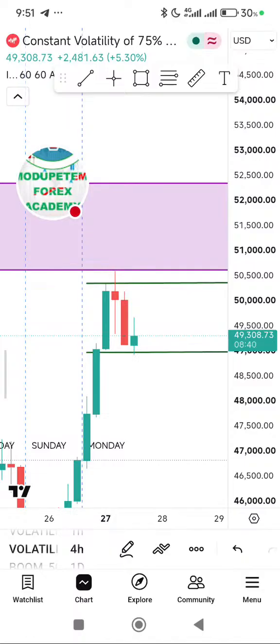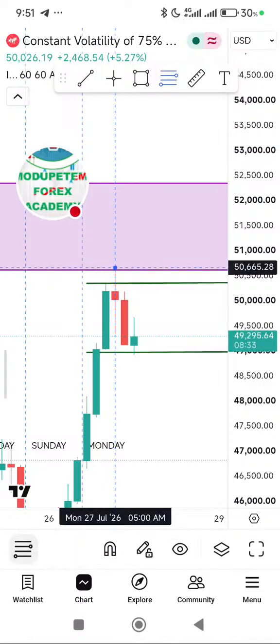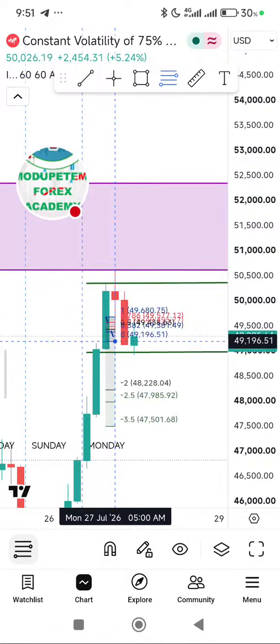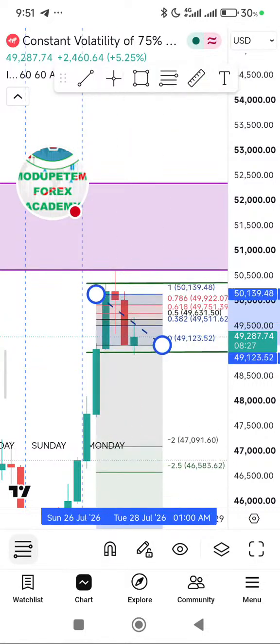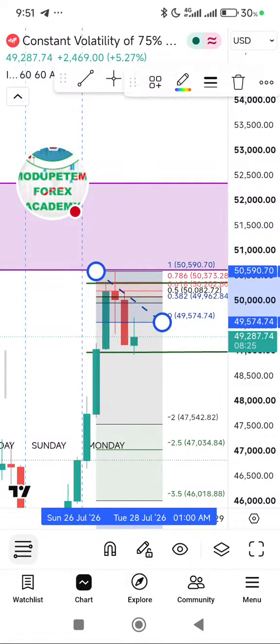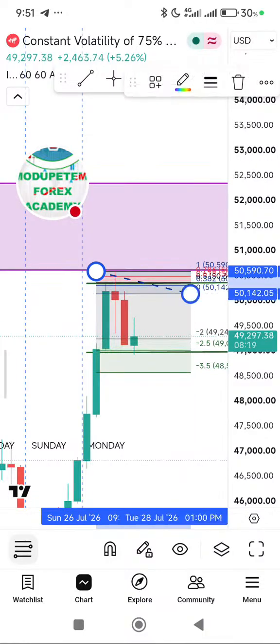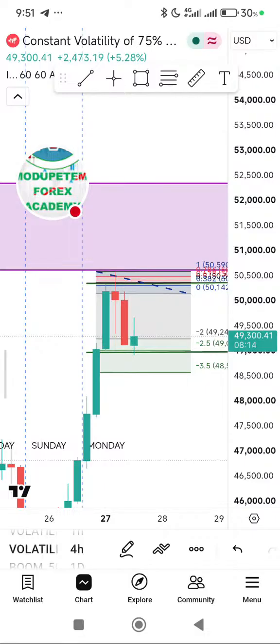We just need to measure how deep an expansion will be, or how deep a retracement will be. So I will use my Fibonacci again. I will measure. I want to see the market reverse at 2.0 in this situation. You can see I'm already at 2.5. Since I'm on the 2.5 level, I might say this retracement is over, but I might not say that yet.